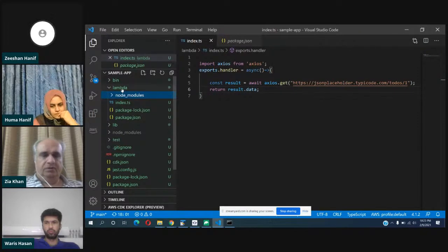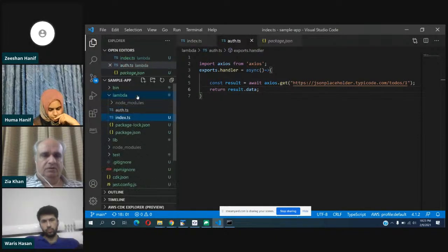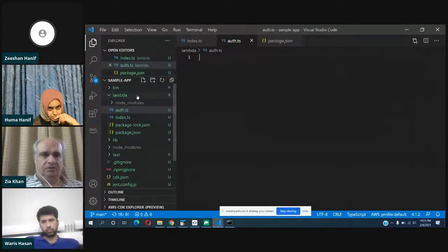Again, what you need to understand is that index.ts is one Lambda function. If I create another function, auth.ts, that's a separate Lambda function. Now, if you want to use a particular code or library in two Lambda functions, or for the sake of argument